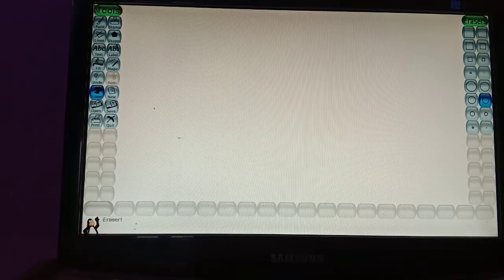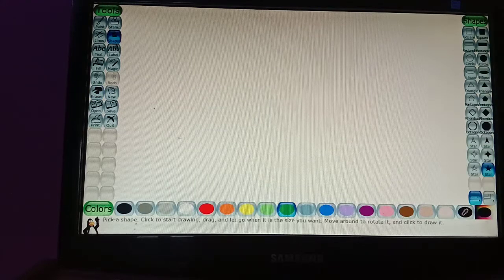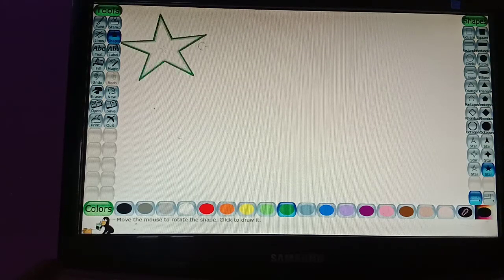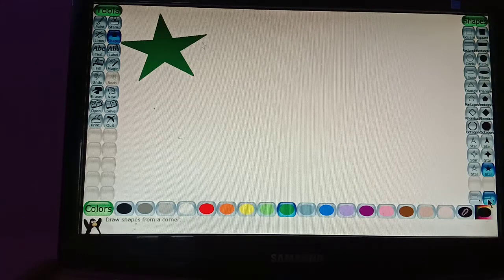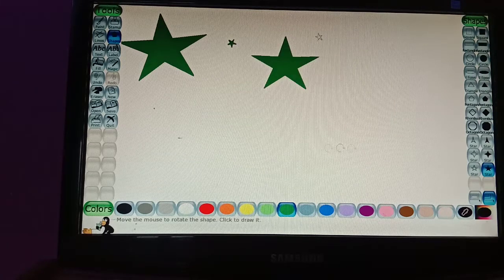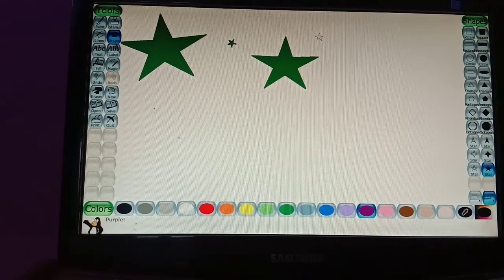So one by one we will draw. The other shapes are also available like this. You can have more shapes like stars. Let's take another color.